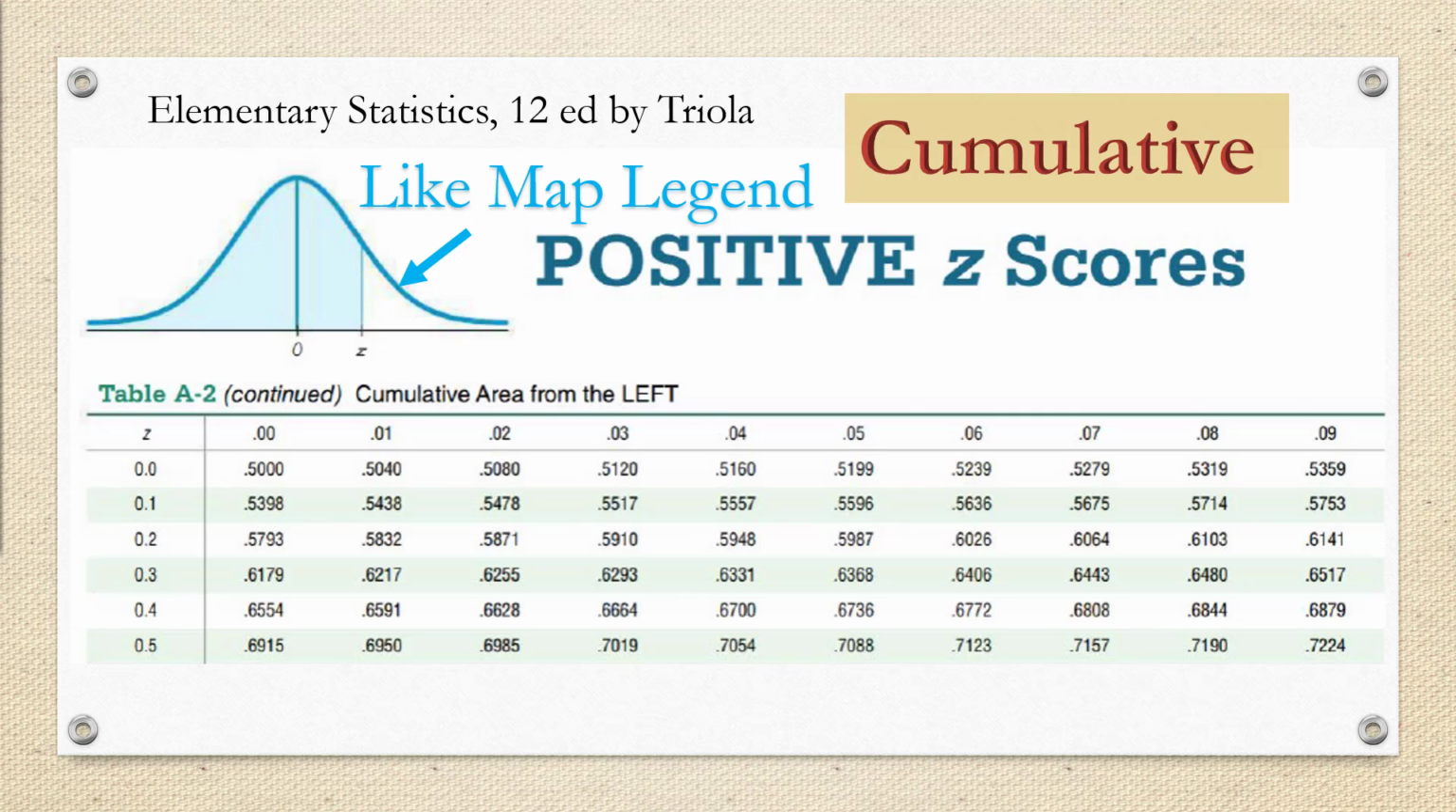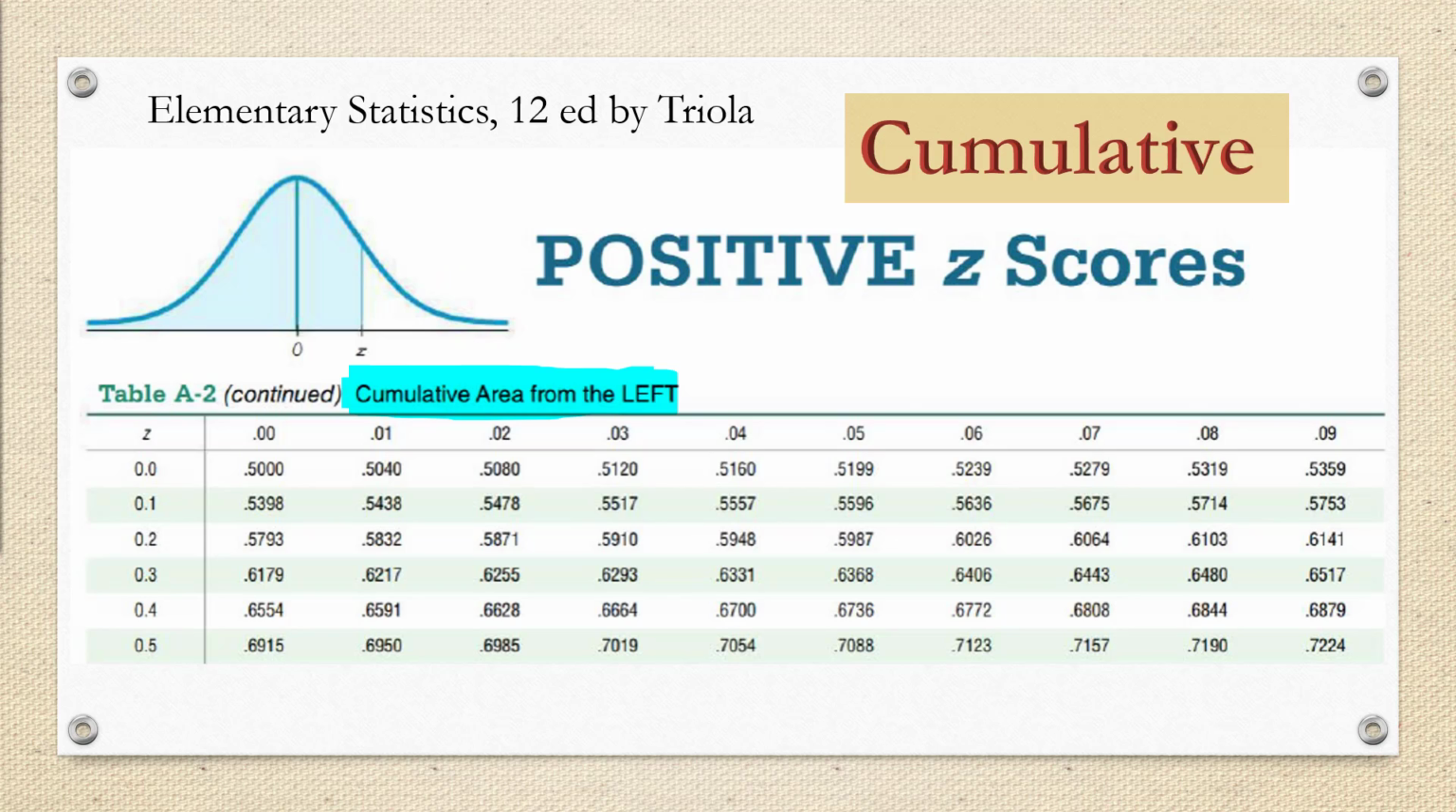Here's an example of a cumulative z-table. I found this one in Elementary Statistics 12th edition by Triola. You can see the normal curve in the upper left. It's like a map legend. It tells you which region is going to be displayed in the z-table. It shows the area to the left of z shaded. You can also tell that this is a cumulative z-table because it says cumulative area from the left at the